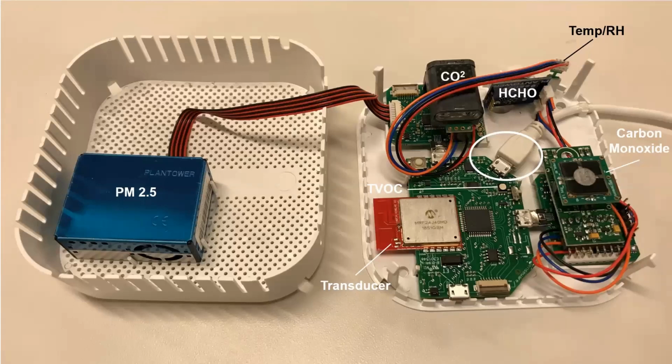This is the inside of one of these sensors. This is a SenseWare sensor that we were able to do some initial testing on last year. Just to give you a size comparison, right in the middle, I've circled, that's a micro USB phone charger or battery charger. So you can see how small all of these different nodes are. Within this one sensing device, it's measuring TVOC with that pin-sized sensor. You have carbon monoxide, CO2, HCHO, which is formaldehyde. You have a temp and humidity monitor. And then the largest of those is the particulate matter, 2.5 nanometers and smaller, PM 2.5. And so you can